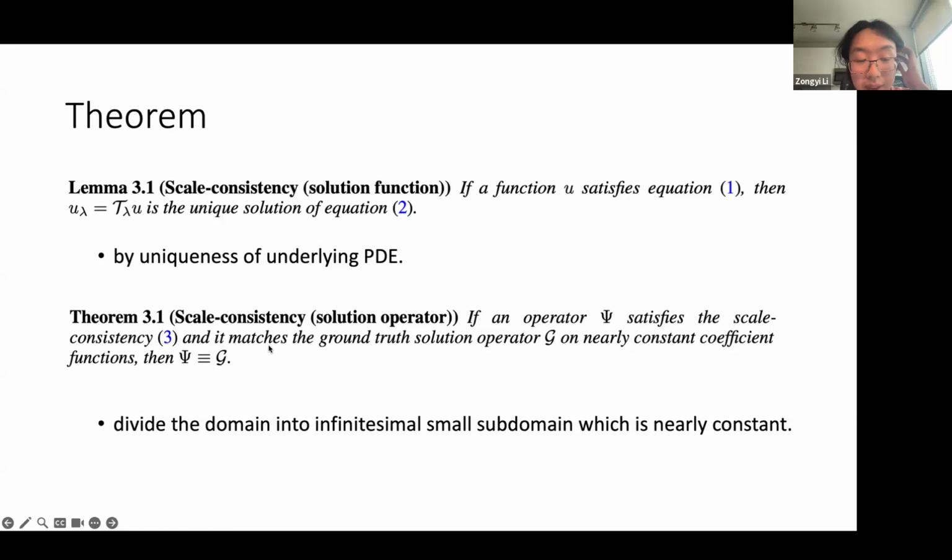Another theorem is basically domain decomposition. If we train the operators to satisfy the scale consistency pretty well, then just like domain decomposition, it works on each subdomain and it will give you the true solutions, right? So by training with the self-consistency loss, you can indeed find the solution operators.